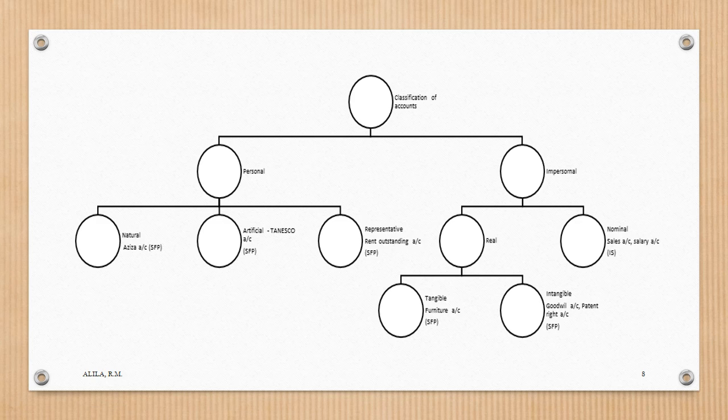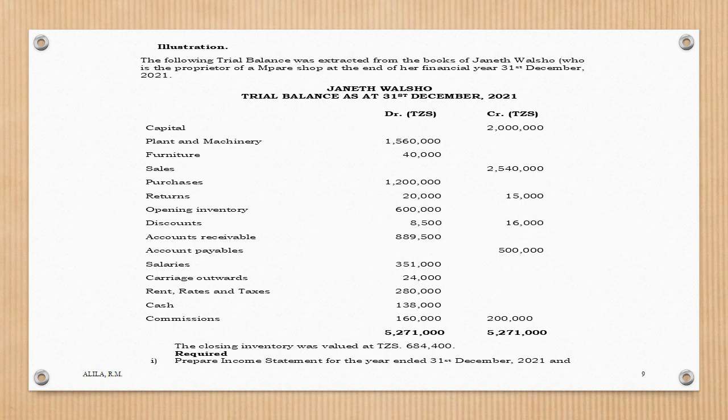While only nominal accounts, such as sales and salary, are items for the statement of profit or loss. So let's take an example. If you are given a trial balance, the first step when you are required to prepare an income statement and a statement of financial position